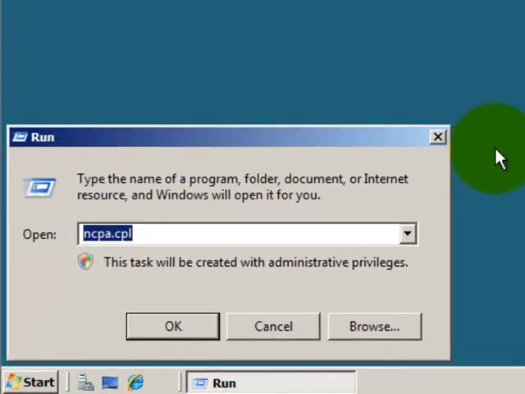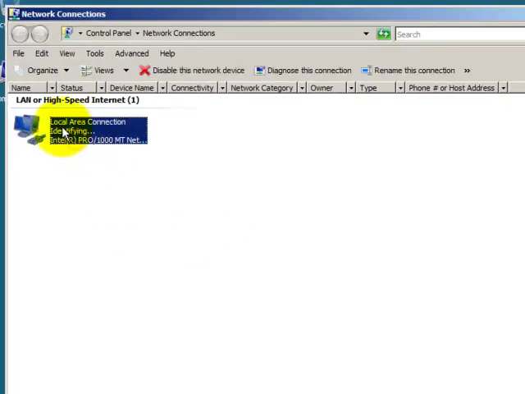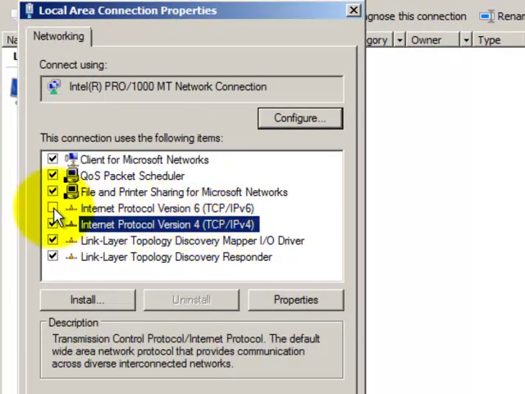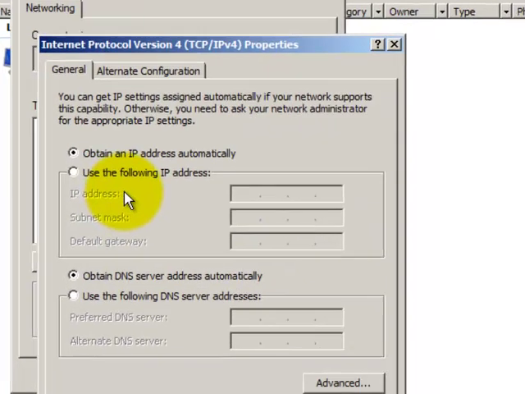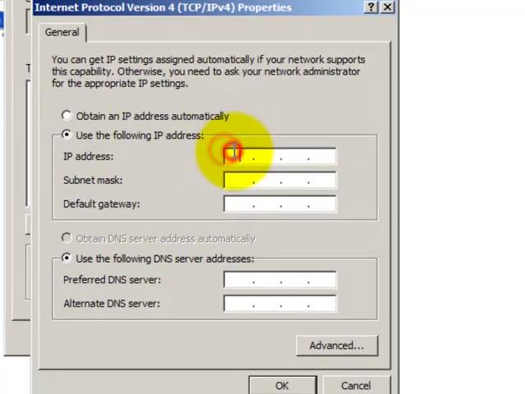And also for our server we need to assign a static IP. Let's type ncpa.cpl to access the console. Right click on it, properties, IPv4. Be sure to disable the IPv6 to avoid some conflict in the configuration of IPv6. Properties, use the following IP address. So we'll take our IP as, let's take